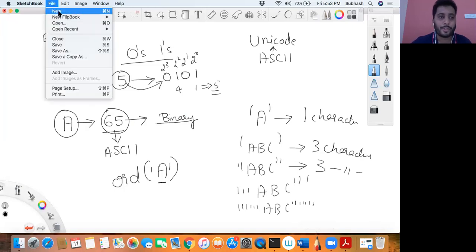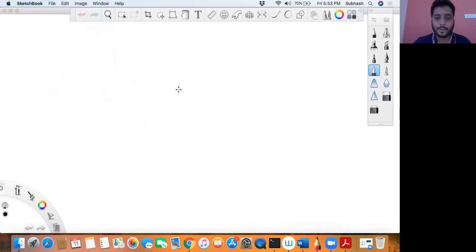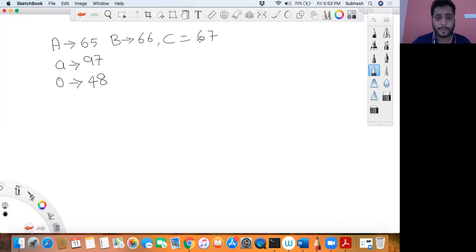If you don't know the ASCII value of 6, then you'll have to memorize this. The ASCII value of A is 65, small a is 97, and 0 is 48. If A is 65, then B would be 66, C would be 67, and so forth.